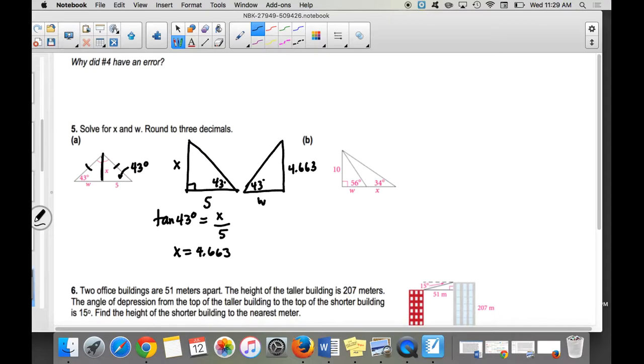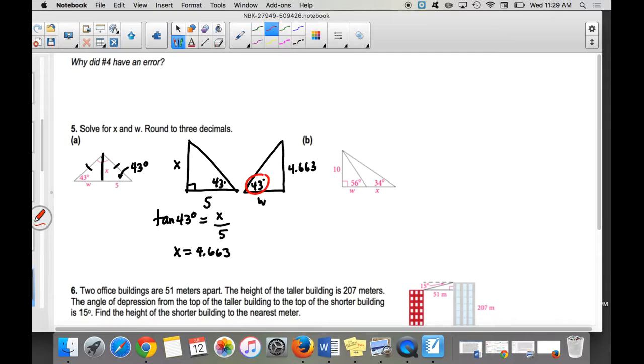Now, when you go on in your future math classes, what would be nice is if you use that answer that you used before, like in your calculator, because I rounded that. It was 4.662575, whatever. I rounded it to 4.663, remember? I showed you that PowerPoint where the bridges didn't match up. So we want to be as precise as possible. So we're going to use that answer. So let's set up